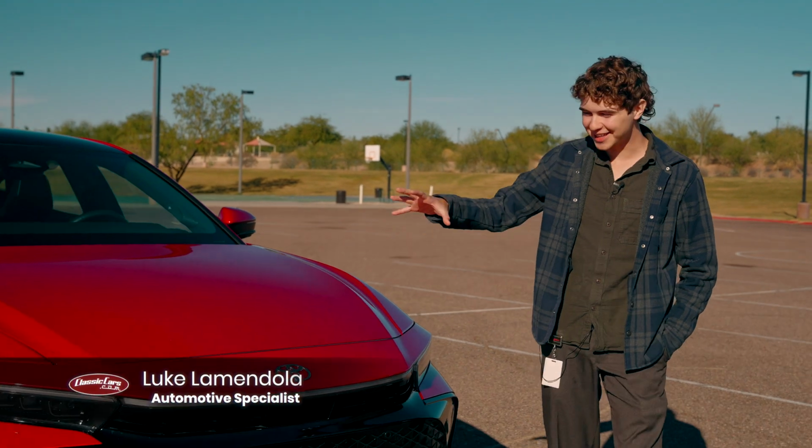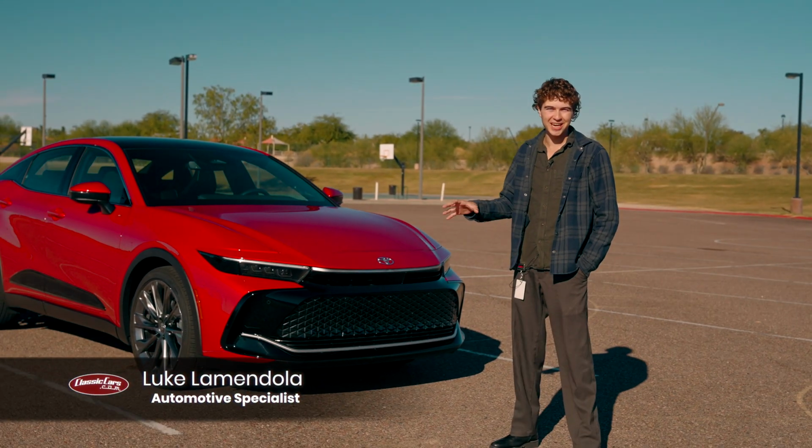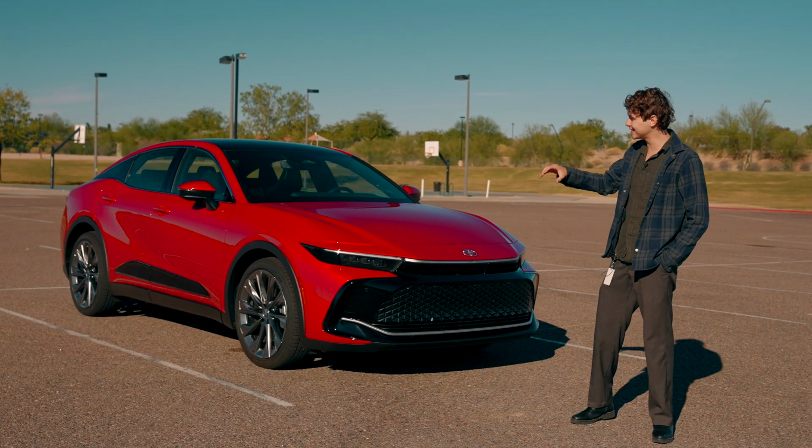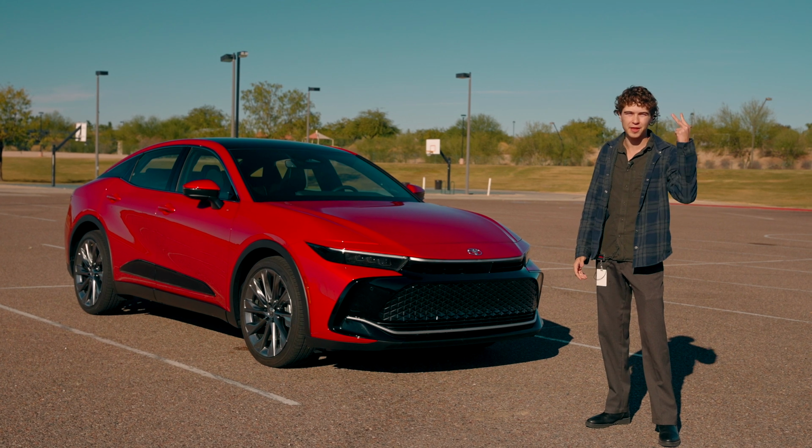What is this lifted Camry looking thing? Well, they call it the 2023 Toyota Crown Limited. Now, this is a hybrid car, and we're gonna take a look at the interior, the exterior, the powertrain, and